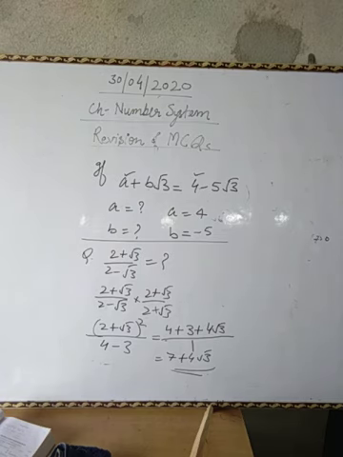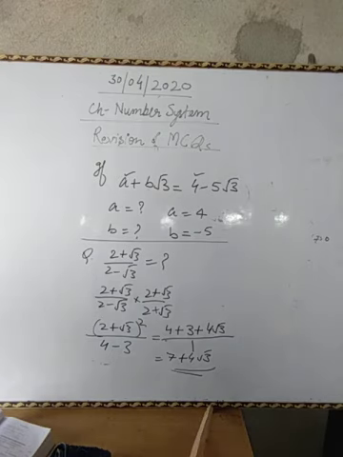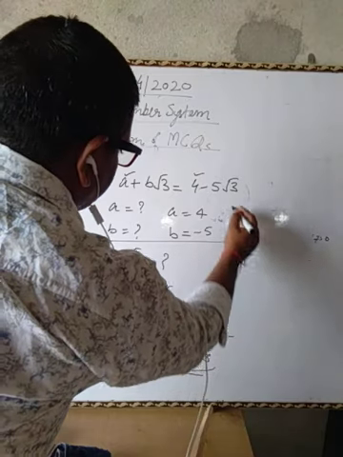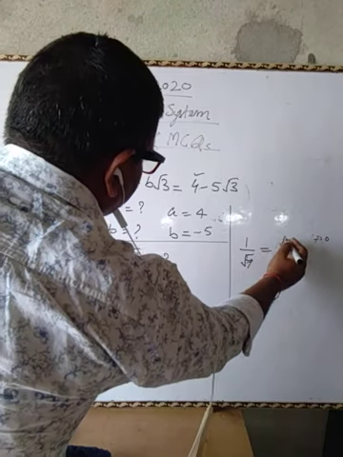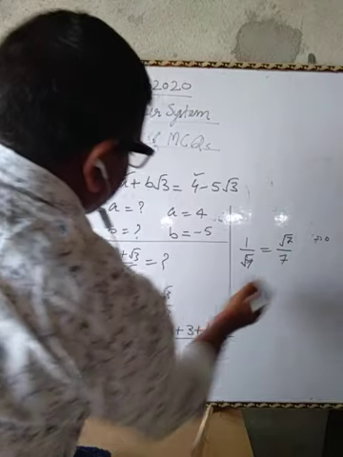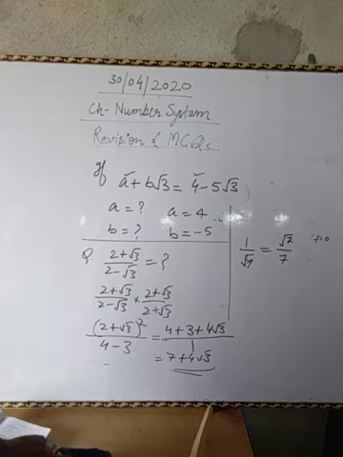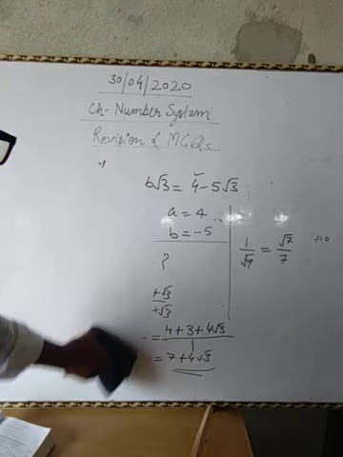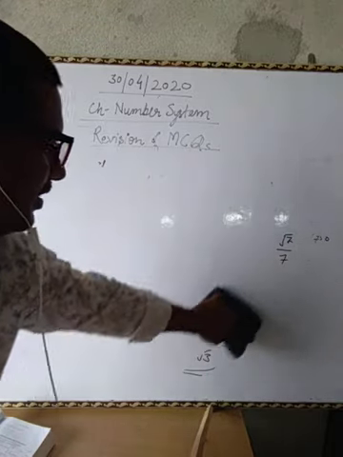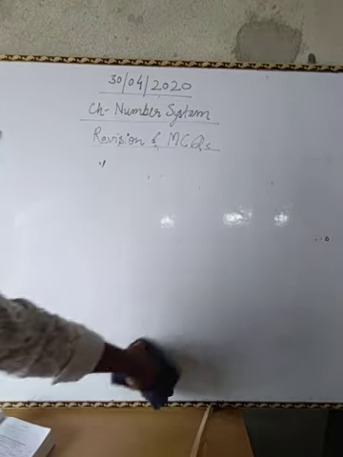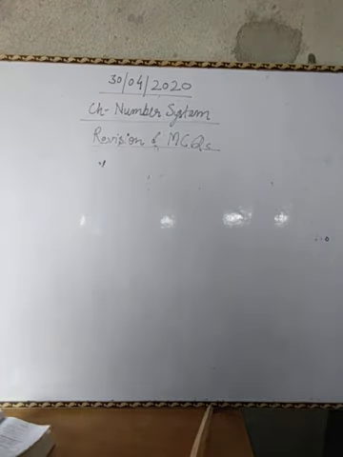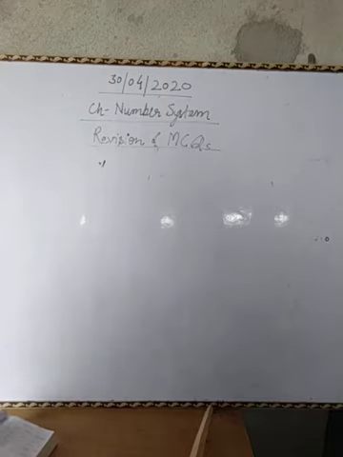Do it quickly. So these are the questions on the basis of rationalization, like 1 upon root 7 equals root 7 upon 7. This is the result because I have multiplied the numerator and denominator both by root 7. So let us solve some more questions. Many questions are given in the books, like the reference book and your prescribed book. You can practice those, and that will be helpful.